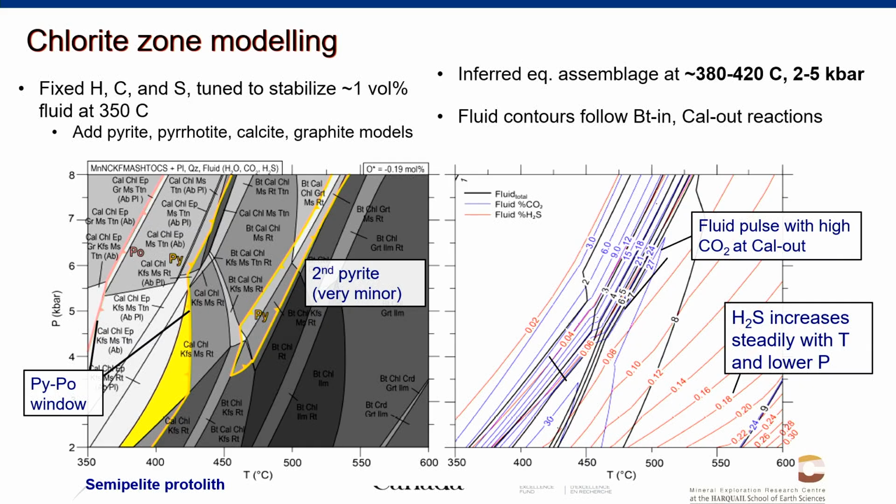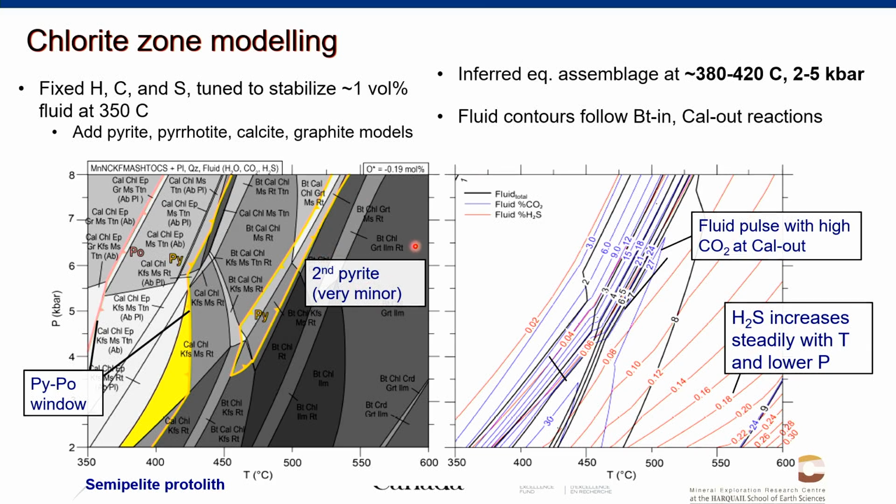More relevant to the sulfide and fluid modeling is doing it at lower grades, because obviously that's where you have the initial ingredients to make the fluid. The approach here was to then add sulfur and carbon, and fix the H2O, so that we can do a forward modeling of what we think those fluids are going to look like as we increase grade.